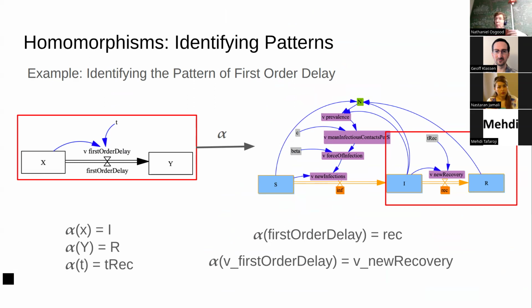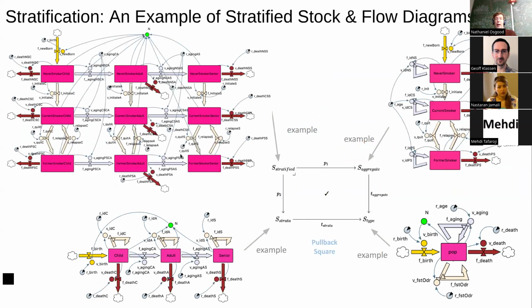We can also define homomorphisms between stock flow diagrams, where we, for example, find a stock flow diagram that in a way represents a pattern in another. So here, finding a first order delay in a different diagram. And by building on these tools, particularly homomorphism there, we can define